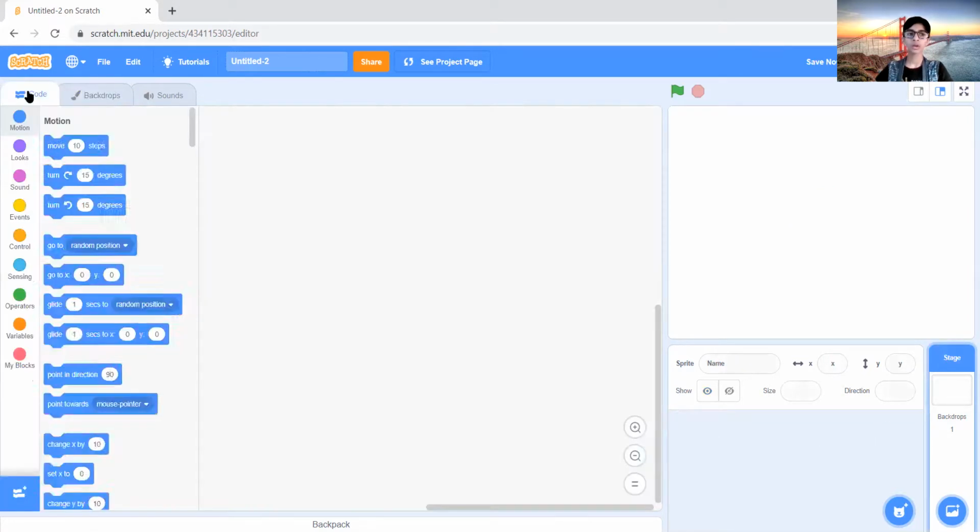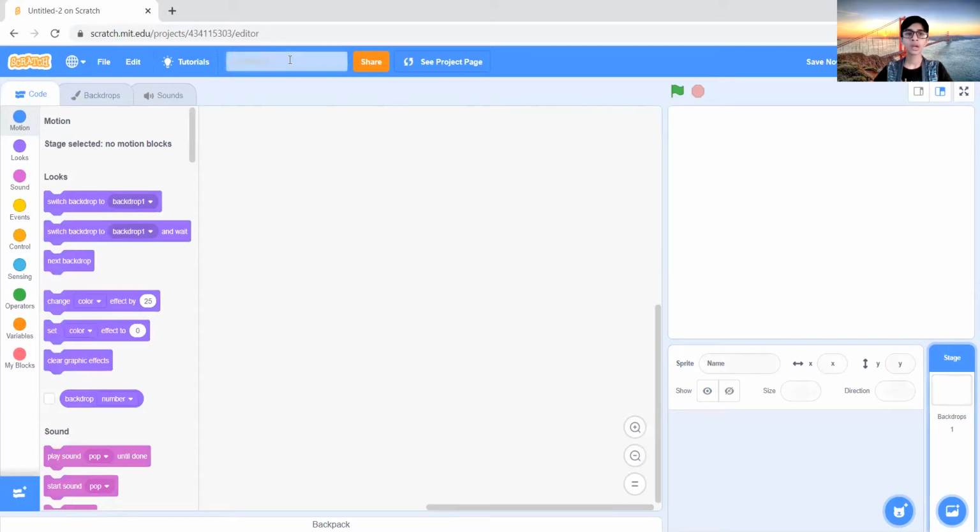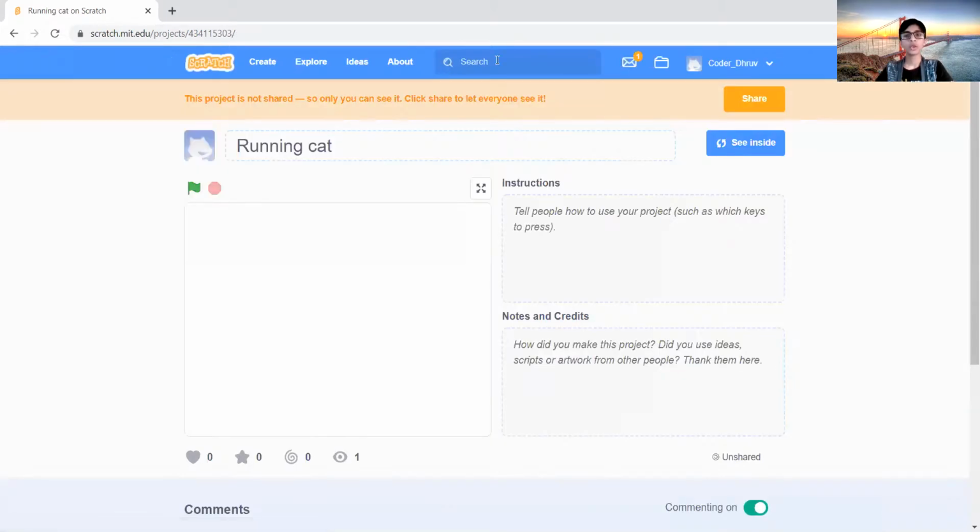Okay, so now here you can give the name of your game. For example, running cat. So I will just put running cat. Now let me take you here to see the project page. Here is the option of share.